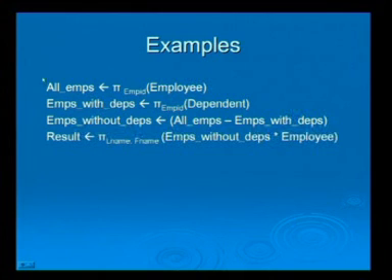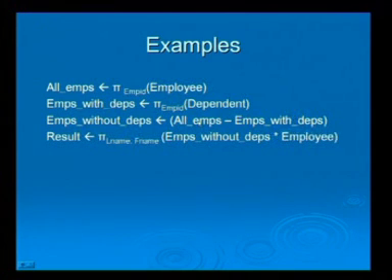So, we get all the employee IDs of the employees, and then from the dependent relation also we project the employee IDs. So, in this relation we get employees with dependents, but this relation has got only the employee IDs, and